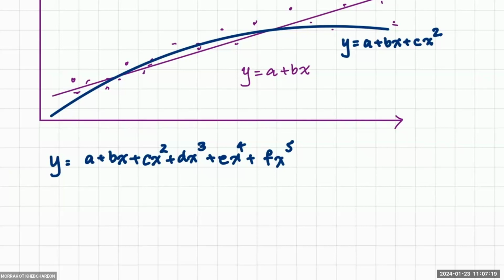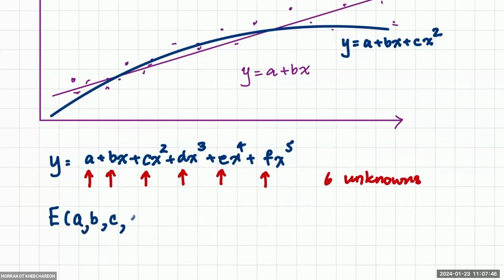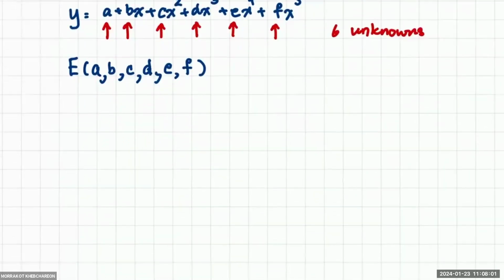So how many unknowns do you want to find? You want to find a, b, c, d, e, and f, which is 6 unknowns. This means you have to find the error function, which depends on a, b, c, d, e, f. In order to find the least square error, we have to set up the 6 equations